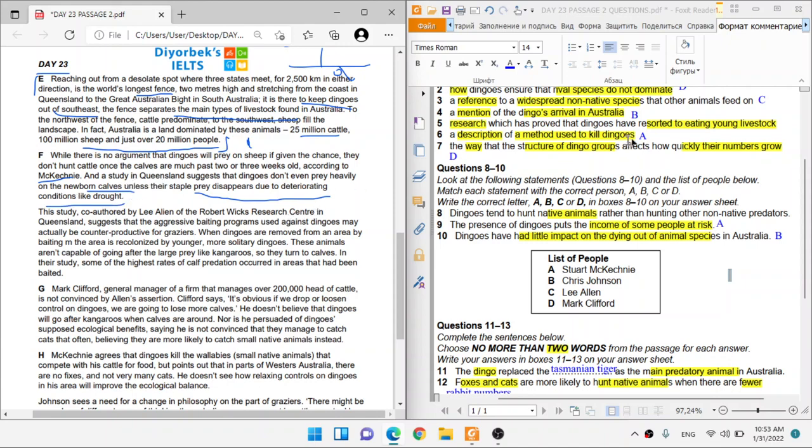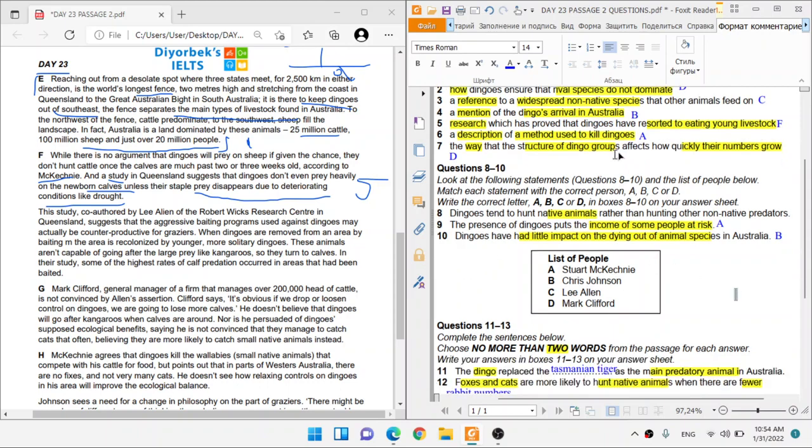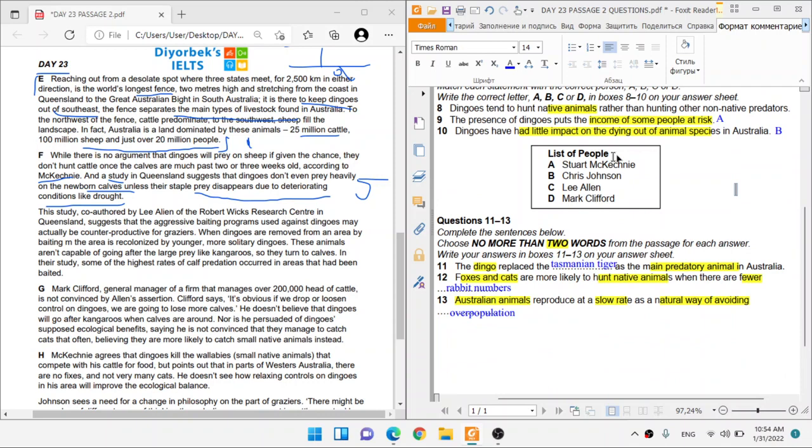That study is what question 5 is referring to. The 5 is saying dingoes eat young livestock only as a last resort. And here it's saying the study has shown that dingoes actually don't eat newborn calves, but if their main prey disappears because of bad conditions, they might even eat newborn calves as well. So that's the last option. When their main prey is not there, they eat them. So that's F. I guess I've chosen all of them. There's only one question remaining.